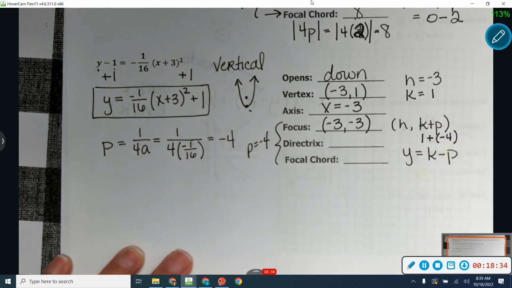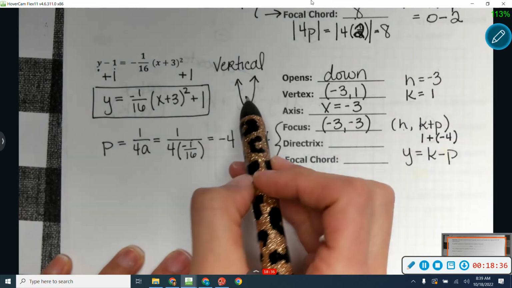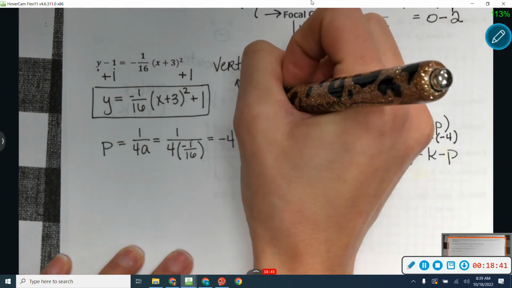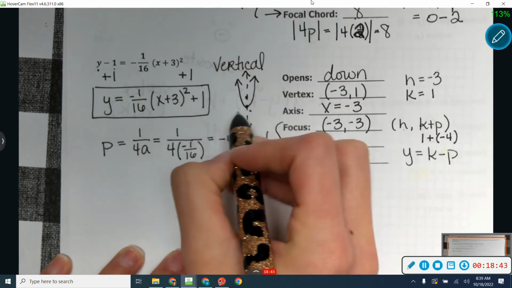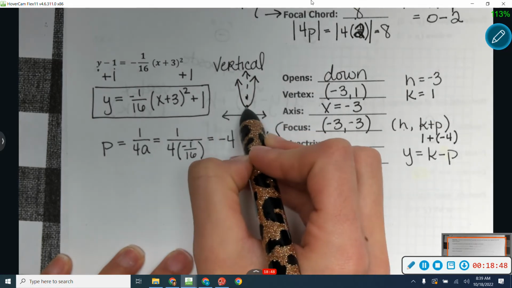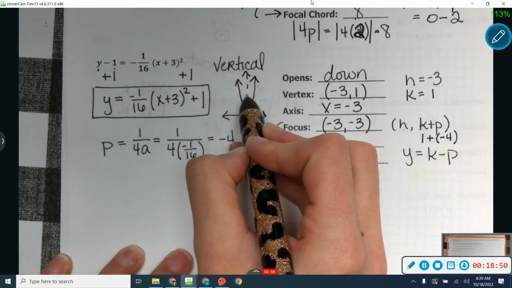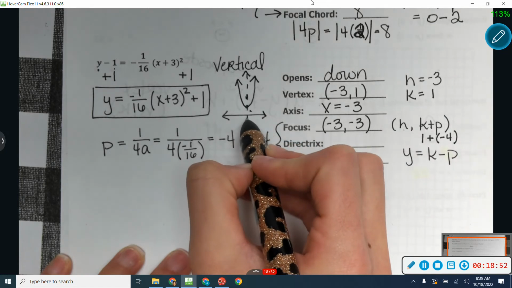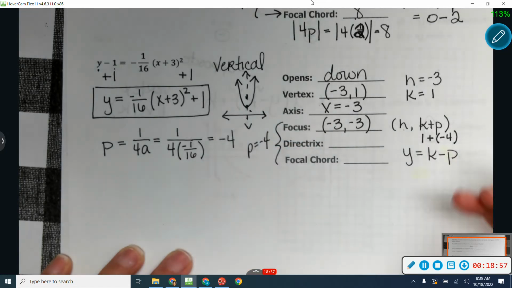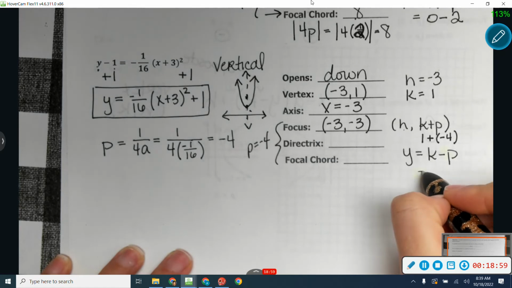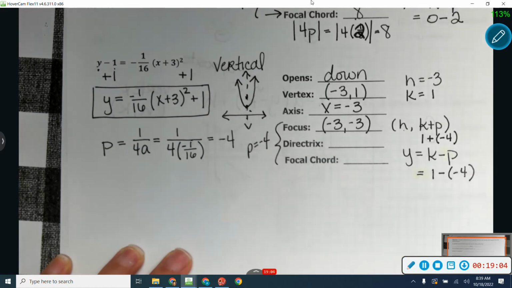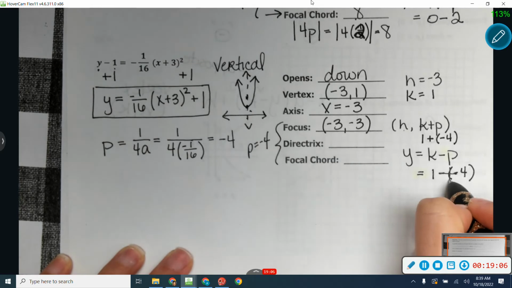Okay? So Y equals K minus P because, remember, it's perpendicular. If my axis of symmetry is right here, it's perpendicular, so it's got to be Y. Okay? And remember your vertex is in the middle. So if I added to get my focus, I'm going to have to subtract to get my directrix. Your directrix is always on the outside. Okay? So K minus P is going to be 1 minus negative 4, which is really going to be 1 plus 4, which is